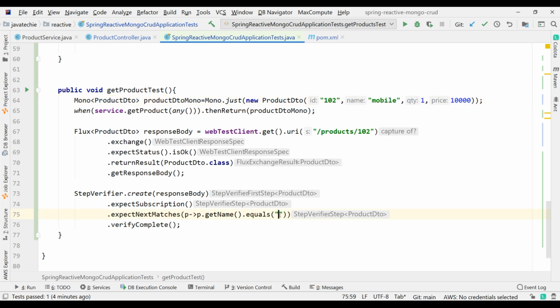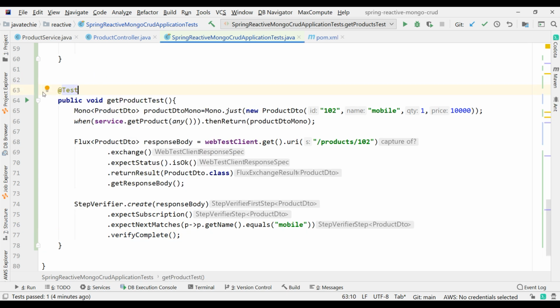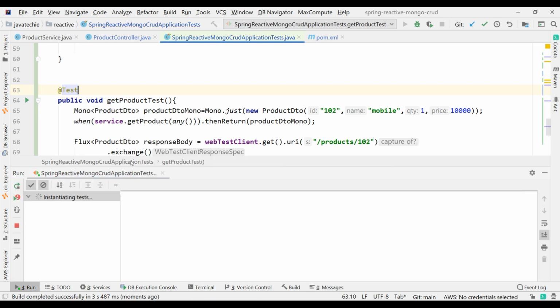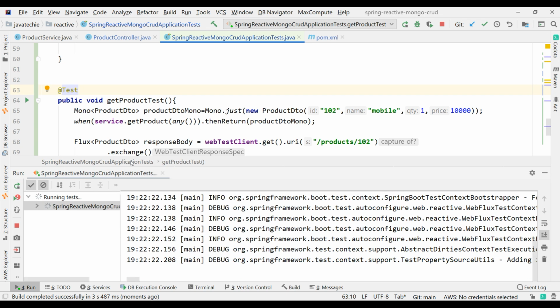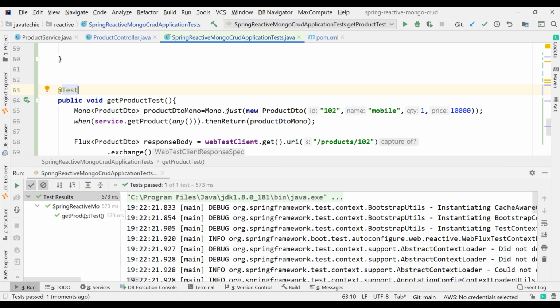Copy this, add it here, then just annotate with at the rate test. So let's run this. Yeah, so you can see here test passed.